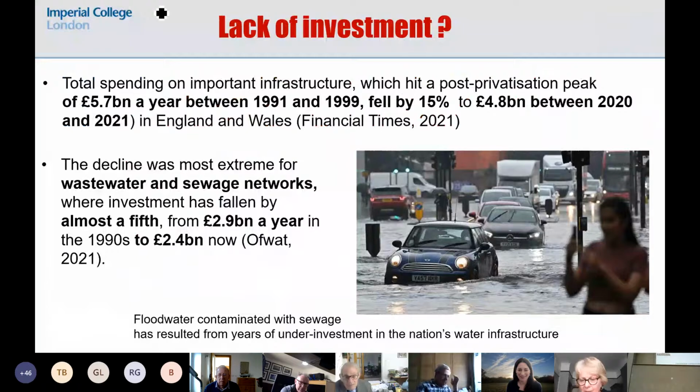I'm done. So I was going to say, do we really know if this is lack of investment? Well, I'm not sure. The evidence there, I just picked these quotes from some recent posts. You know, there is some concern that there has been some decline in investment in wastewater treatment plants, and therefore maybe that has to do with the capacity. Again, it's a problem with any infrastructure that has been aging.